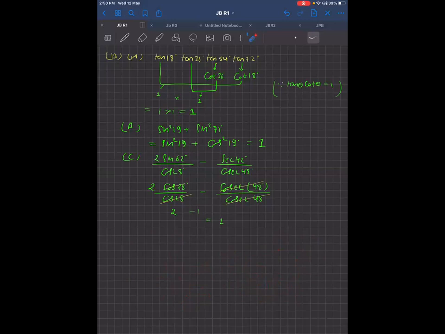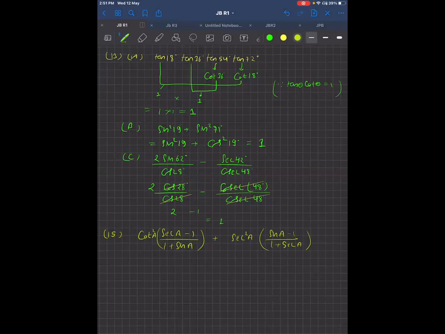Next, the 15th question. I'm going to discuss now question number 15. Question number 15 is tan square A sec A minus 1 by 1 plus sin A, and after that we have plus sec square A sin A minus 1 by 1 plus sec A. Yes, we say the answer is 0.